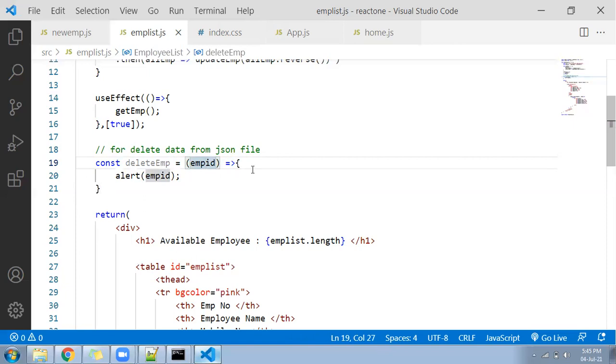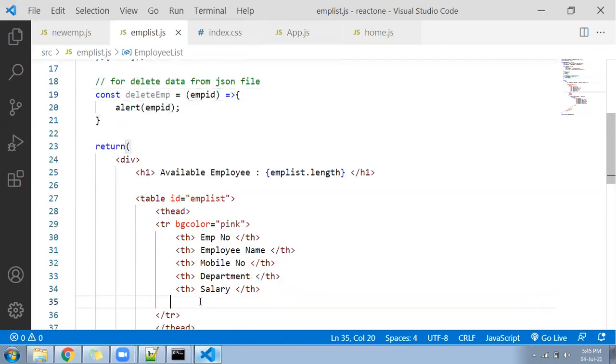Now come down below. You need to add a heading here, th called delete. Right, so we added a heading called delete.